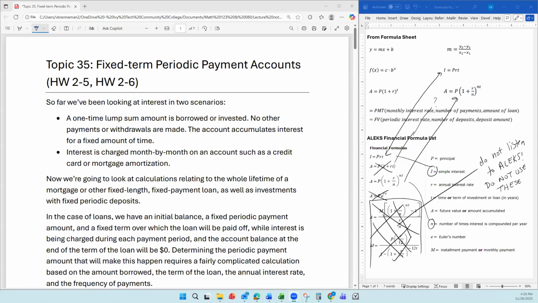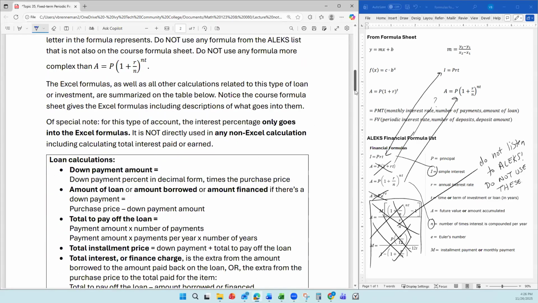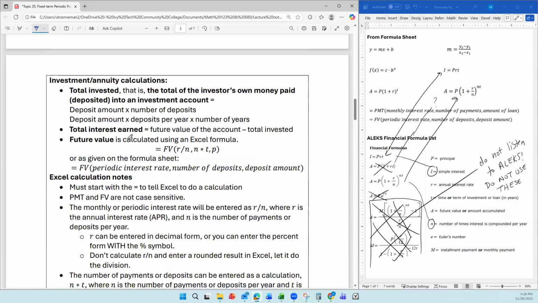This video is over topic 35, numbers 4 and 5, looking at investment or annuity calculations. So again, not using the formulas that Alex will tell you to use, using these calculations here. So the PMT, the FV,